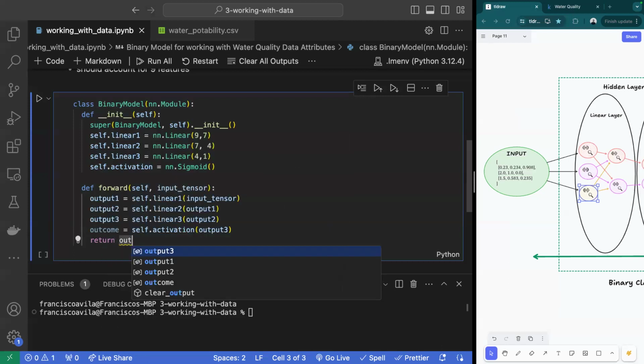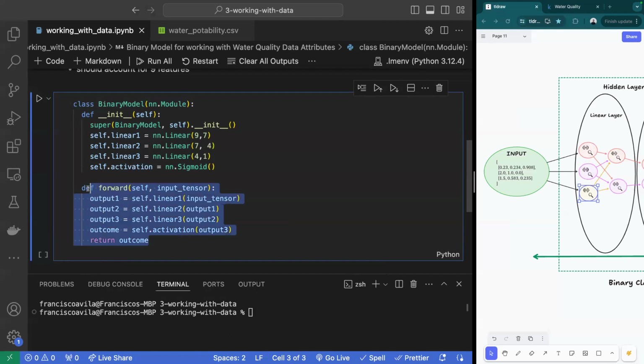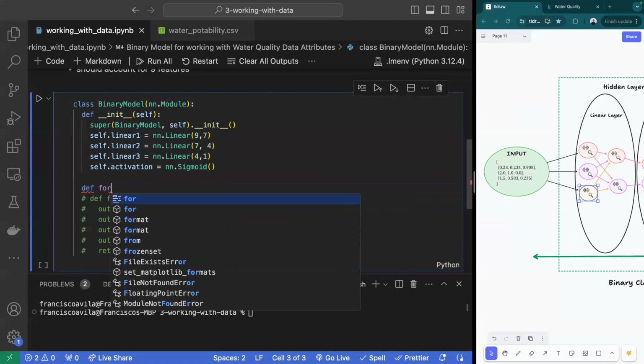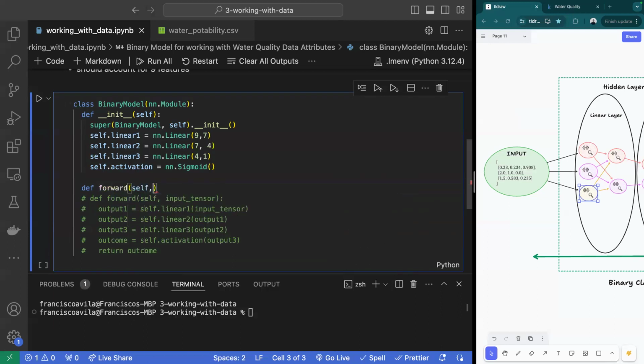And we return the outcome. And that is the forward pass, right? So we could write it this way so that it's a little bit more visually appealing. The convention that you will see if you look at documentation will look almost exactly the same. It'll ask for the self, the forward pass, but rather than doing output 1 and describing that it's going down the flow, you'll just see X